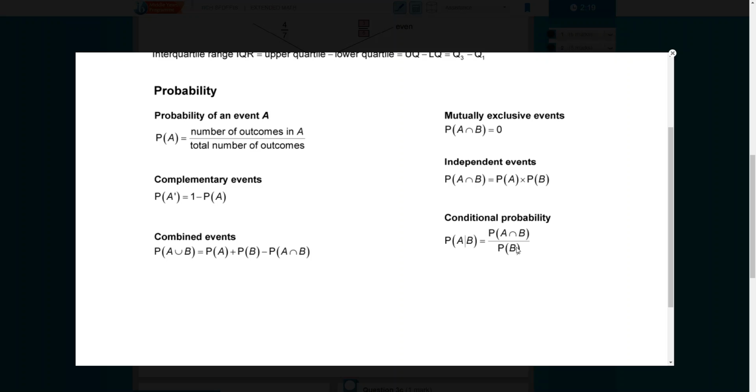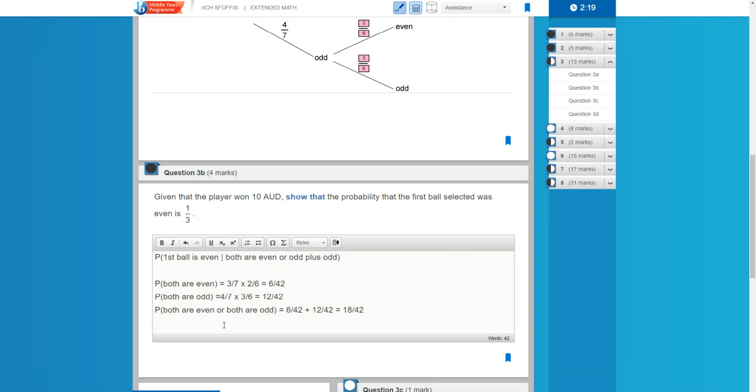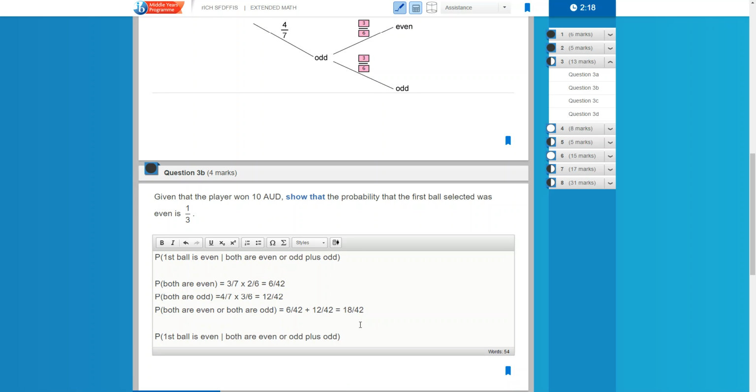We have all this information, okay? So if I go back, if I take this, copy it, let's put it down here. This is equal to the probability first ball is odd, and